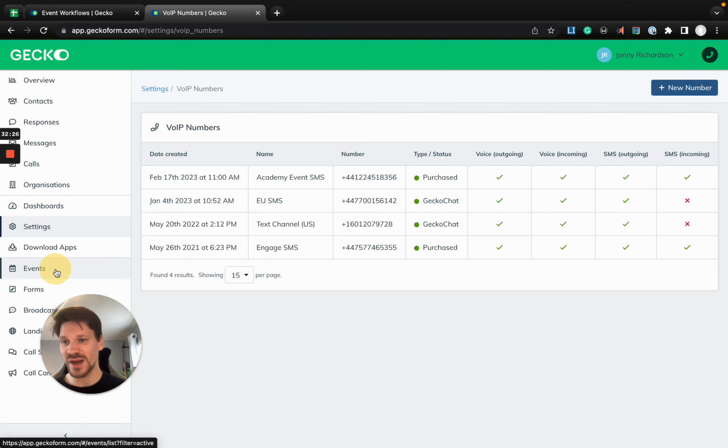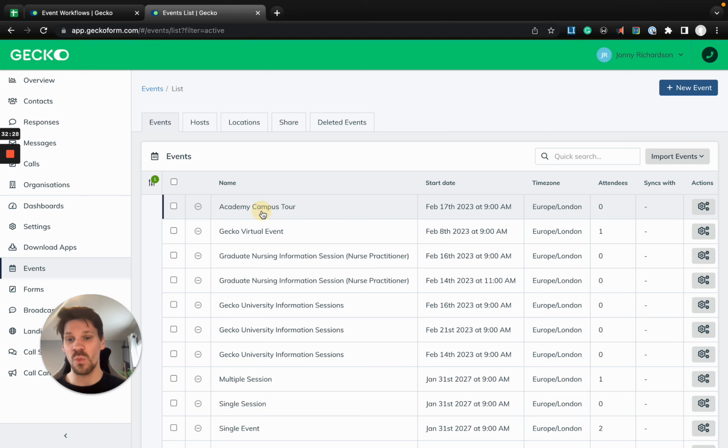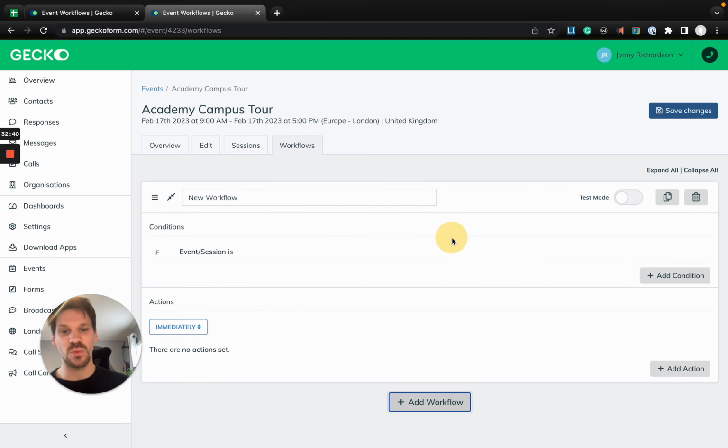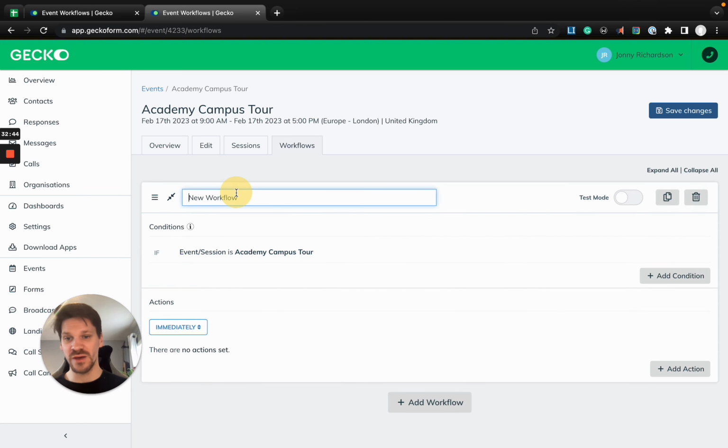We just need to go back to our event and quickly set up our workflows. And then we're going to be able to build our event a few more times and then talk about sharing it with students. So we have our workflows. We're into our event. We went to the workflow tabs. We're going to click add workflow and let's set up our first workflow. And this is the registration